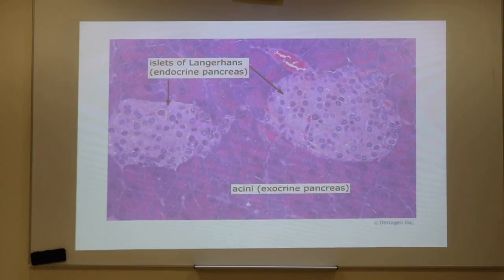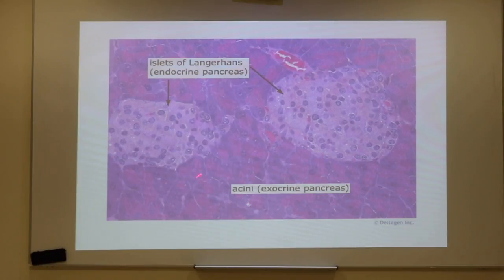So the pancreas is primarily an exocrine gland. That means it produces its secretions into a duct system, and that duct system opens into the duodenum. If you look at the histological section, you will find these acini. Can you make out these acini? These acini are darkly stained, containing pancreatic secretions which are going to open into the duct system. So this is the exocrine part of the